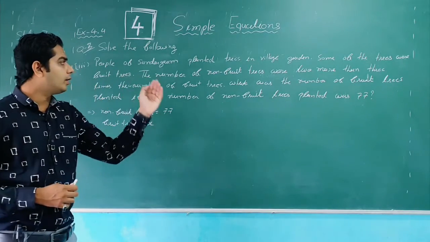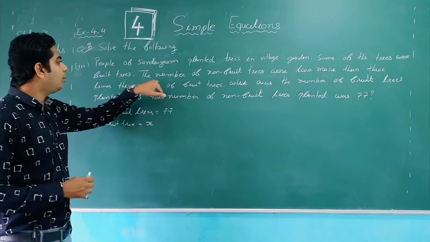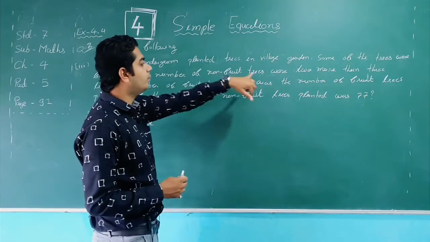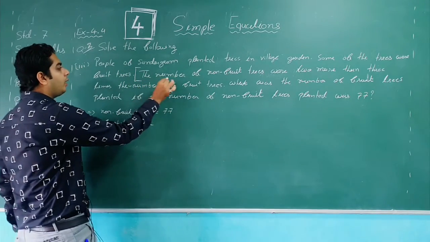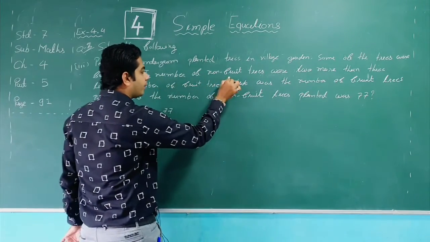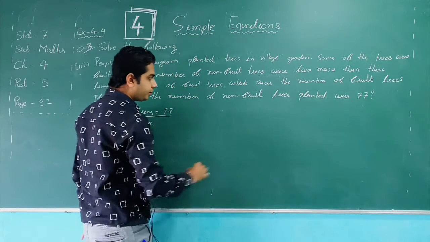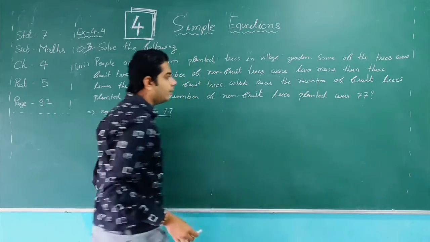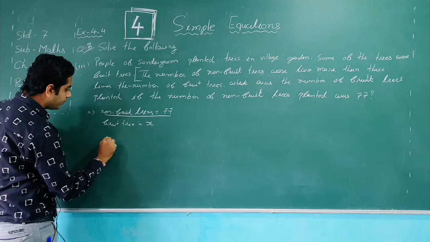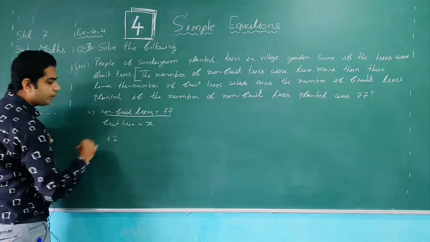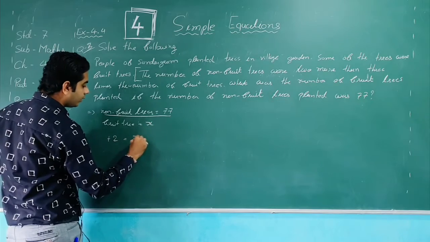See, people of the Sundargram planted trees in the village garden. Some of the trees were fruit trees. The number of non-fruit trees were, the actual question starts from here, 2 more than 3 times. See, 2 more means plus 2. 2 more than. Number of fruit trees were